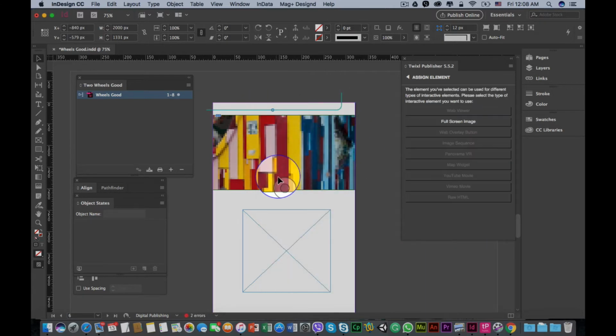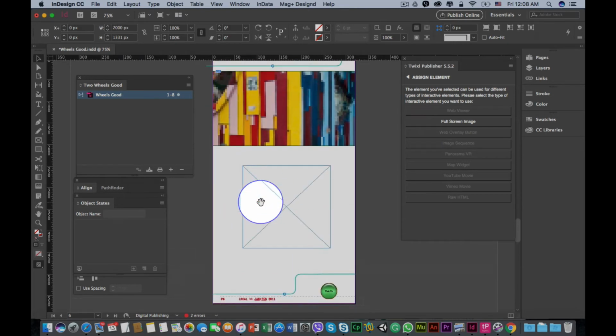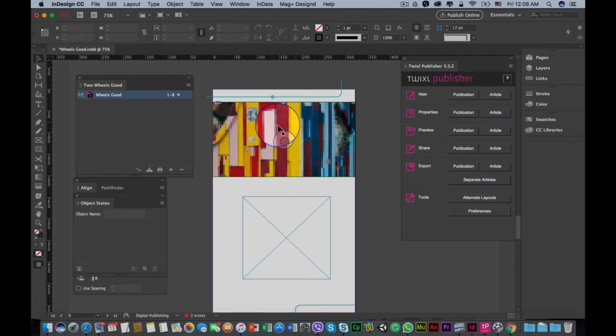Let's see. Yeah, so it's already centered over here. You can see now it's going up, so it has some boundaries inside it. It will not look like this once you publish it. So this is just the preview you're getting over here, but once you publish it, the image will be seen